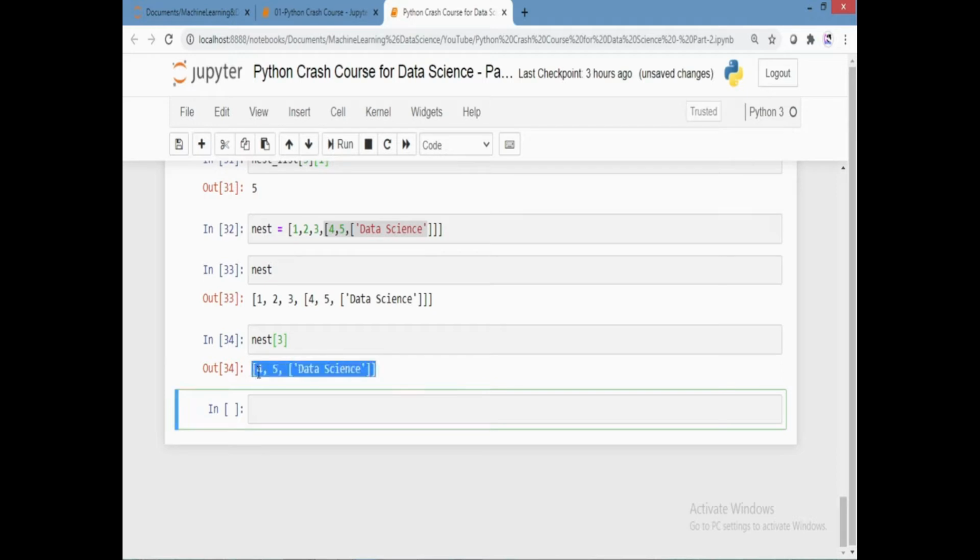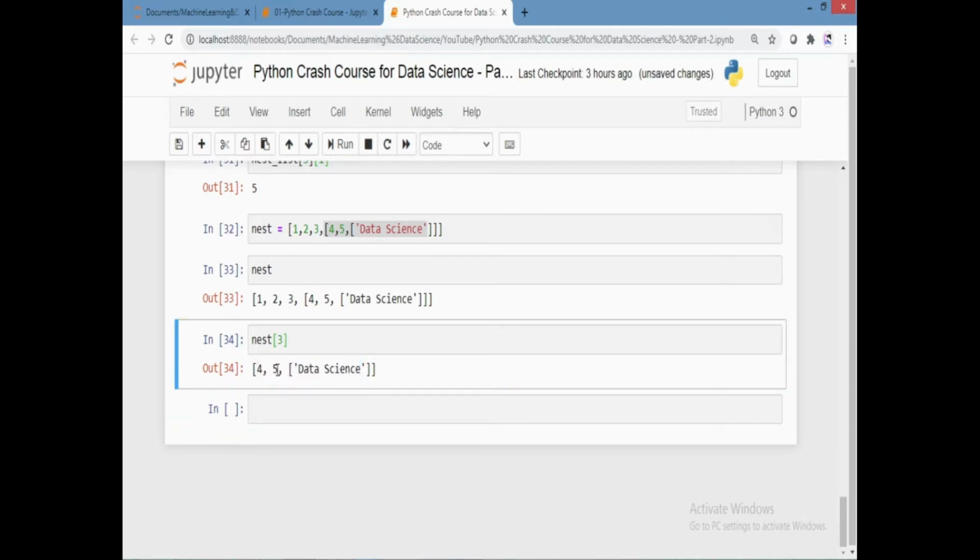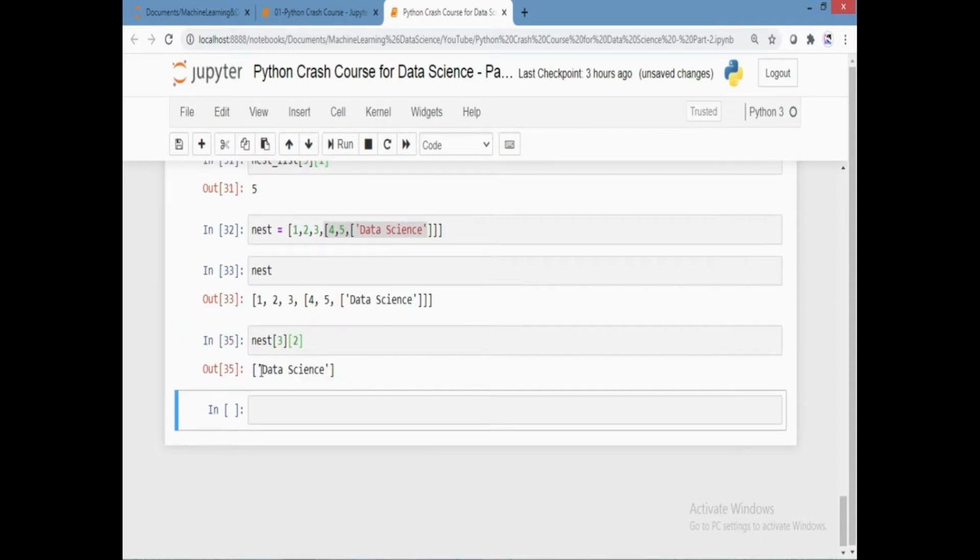But my target is to find this data science. So I'm going to consider this entire thing as a single list. At what index is data science? 0, 1 and 2, in the second index. So let's call the second index also. Now I can see this data science, and if we call index 0, it's going to be data science.